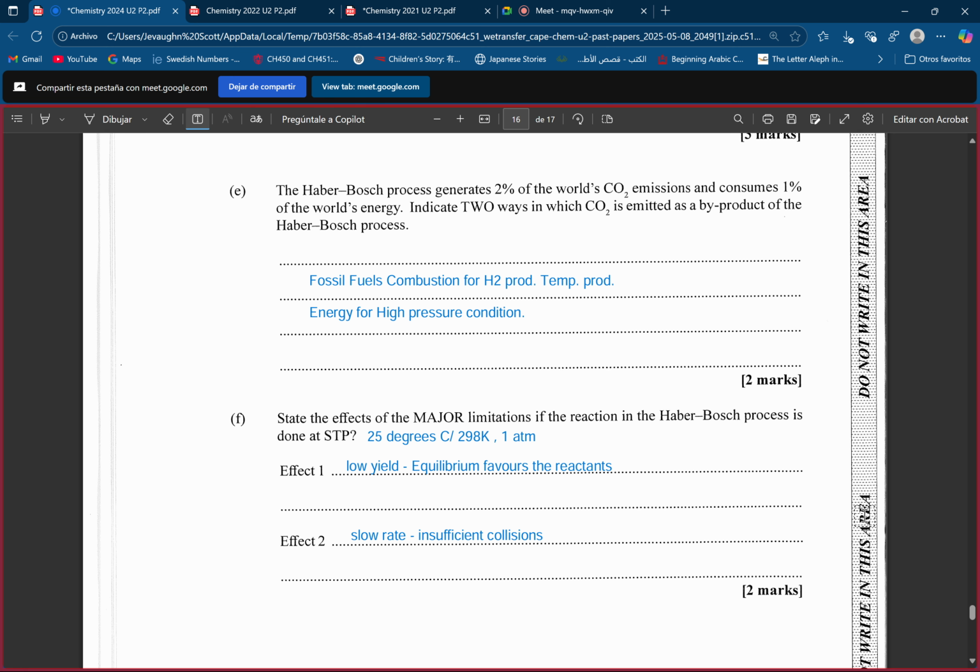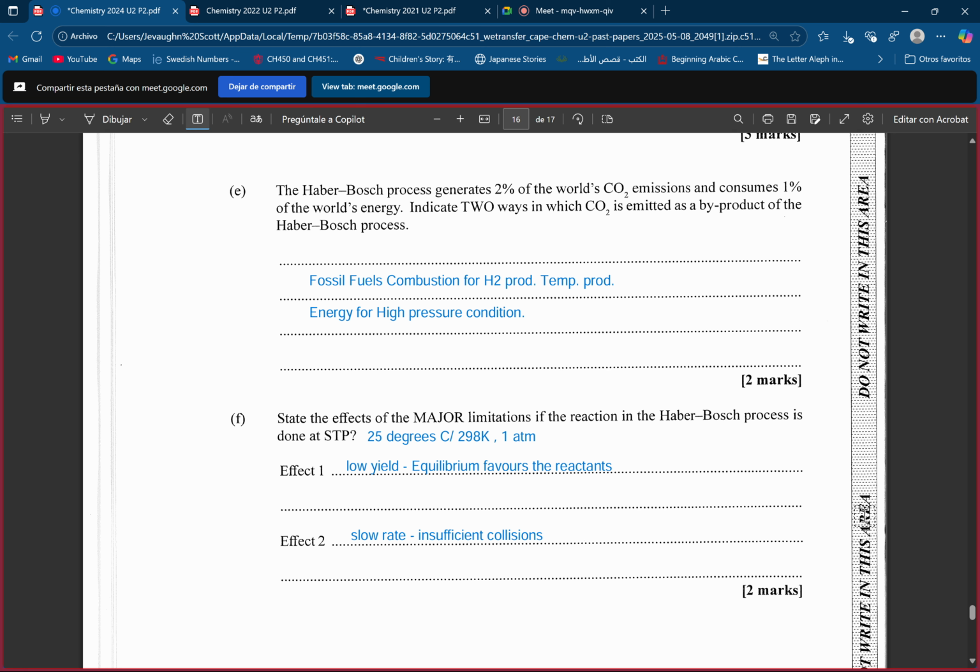So the major limitation, what the person was saying, is that because it is exothermic, you'd have a greater yield at lower temperatures. But note that the pressure is lower than the temperature in this case, right? So looking at this, the temperature is too low to overcome the activation energy barrier. That's how we got the kinetic limitation as it relates to the slow rate. But as it relates to the low yield of ammonia with the thermodynamic limitation here,